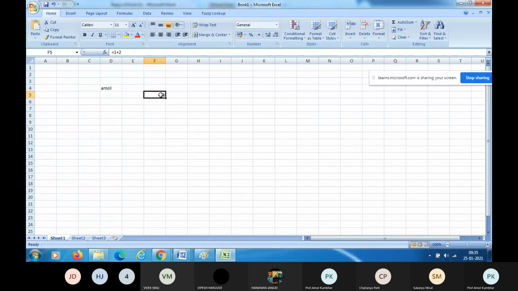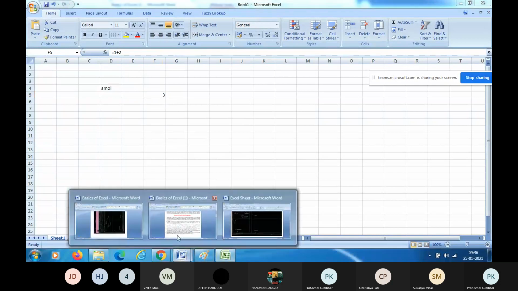Answer is 3, right? But see in the formula bar for this active cell F5, it shows equal to 1 plus 2. Is it clear? So this is the use of formula bar. You can enter a formula and you can get the answers for the formula.